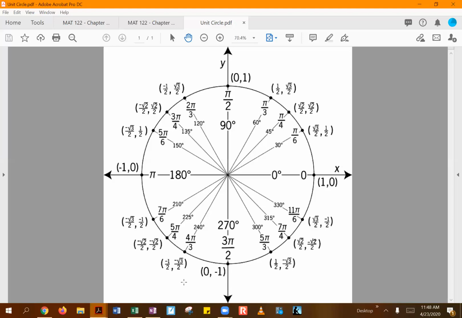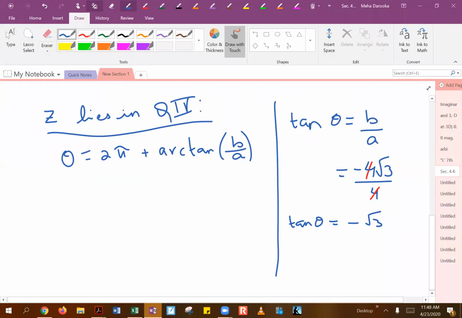Is it at pi thirds? Yeah, so at pi thirds, which is the 60-degree angle, you will have positive square root of 3. So for its negative, you can just think of your theta being negative pi thirds, right? If you go in the clockwise direction. So you can say theta can be negative pi over 3. So when you put it in here,